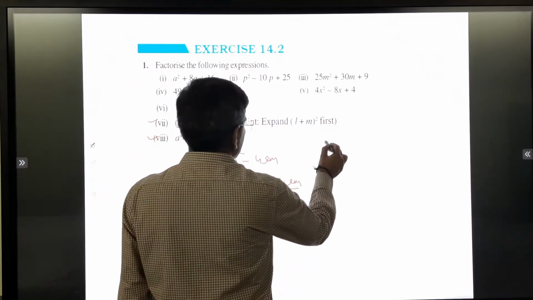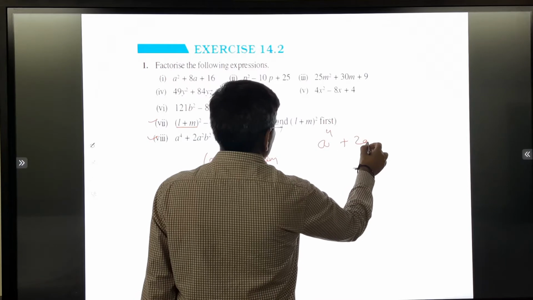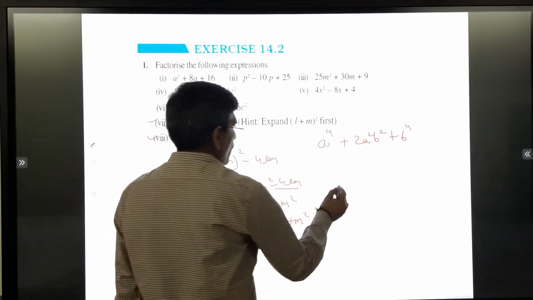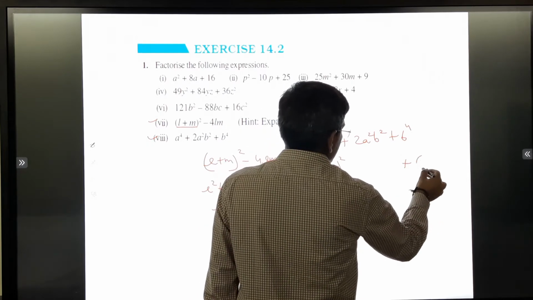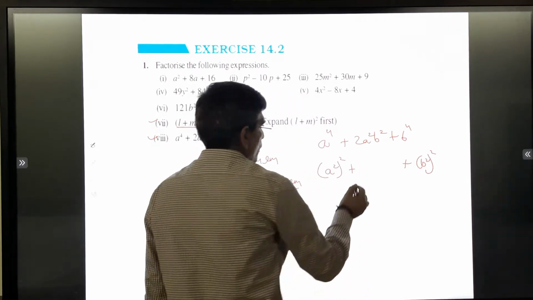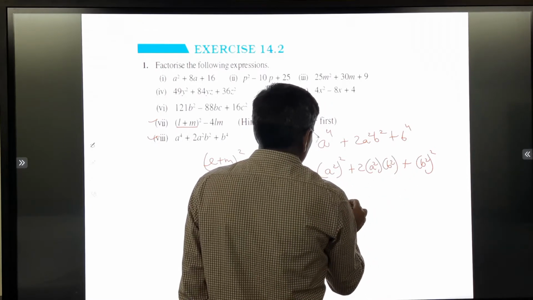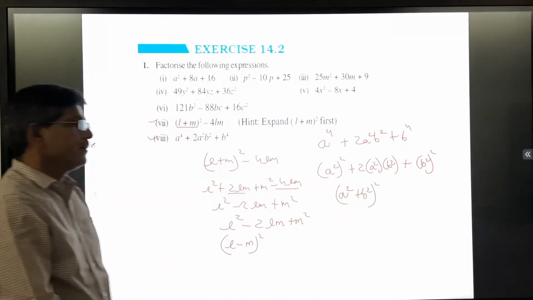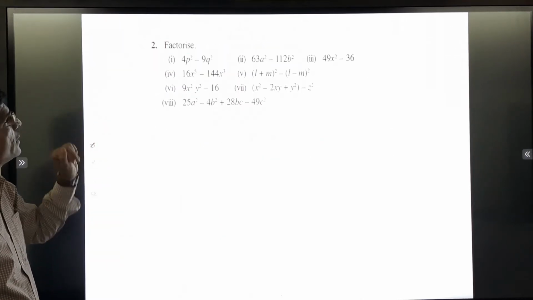So that is a different way we are doing this sum. Now power 4, this is the first time we are doing such a sum: a power 4 minus 2a square b square plus b power 4. When power 4 is there, what do we have to do? a square whole squared, and again b square whole squared. So a square whole squared, b square whole squared, and now 2 into a square and b square. So now a square minus b square whole squared. So mostly all sums we have completed. Now we go for the next.